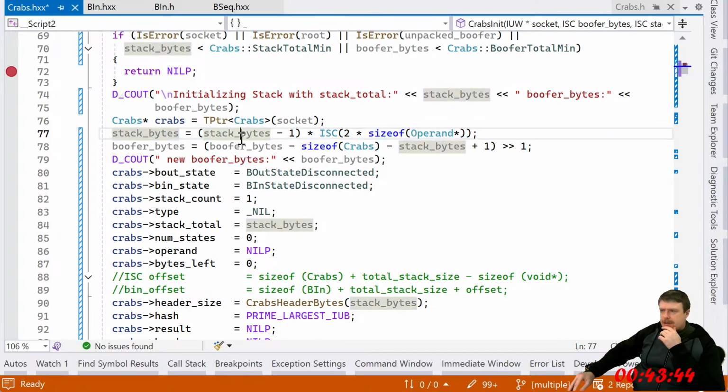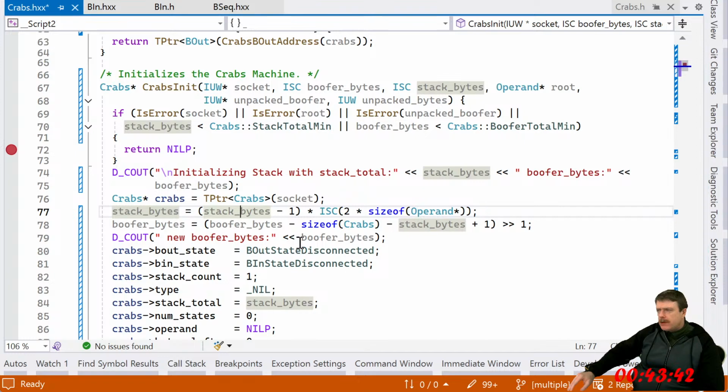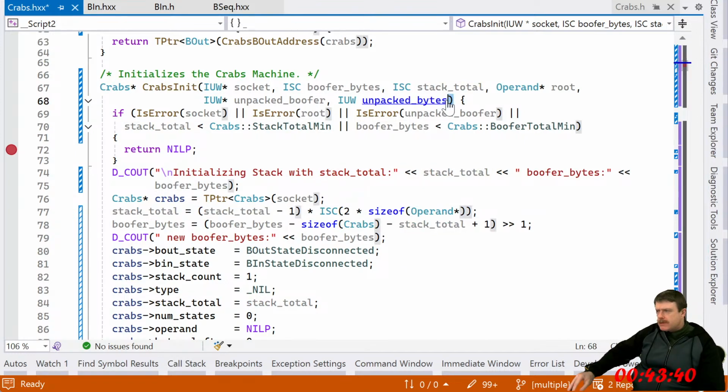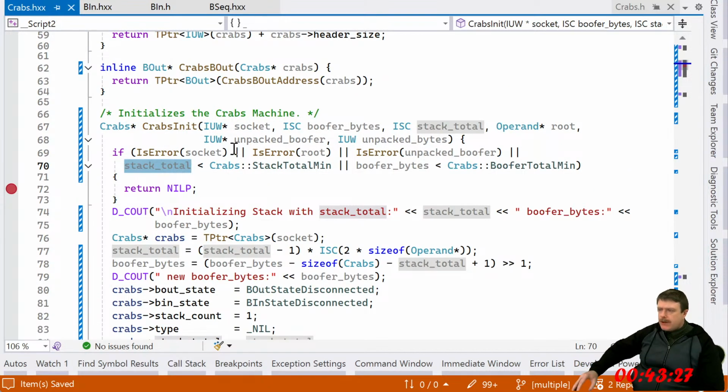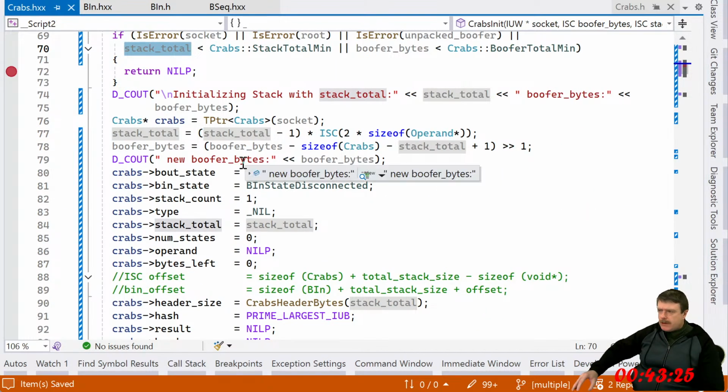Stack bytes minus 1. Oh, wait, hold on. What did I just do? So stack total. What is this? Stack total is like the maximum count. Anything that says total is the maximum count. And so that's where I'm a little bit confused.